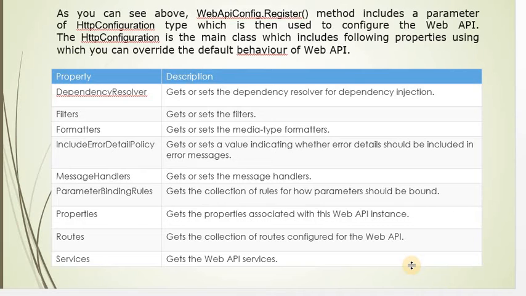As you see in the above method, which method? That is the Register method, which includes a parameter of HttpConfiguration, which is used to configure our Web API.